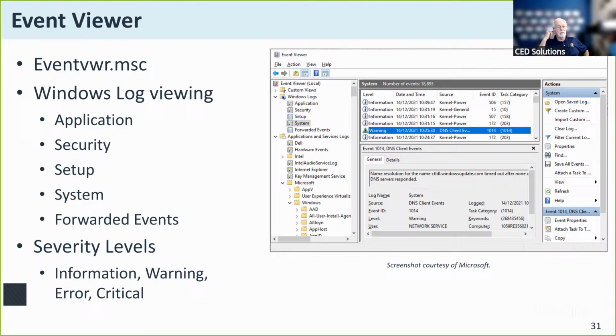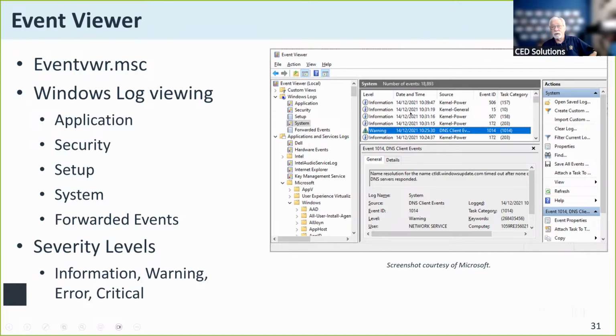Well, that along with the task manager will show me, for instance, things that are running right now and things that I have set up to run in the future. So the two of those applets together give me that past, present, and future look into my system in general.